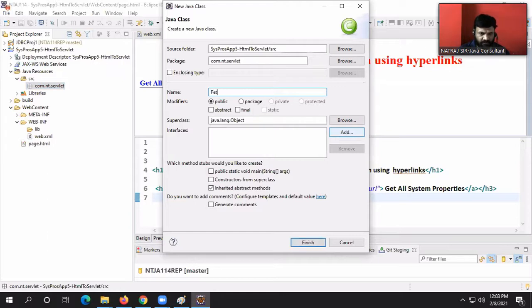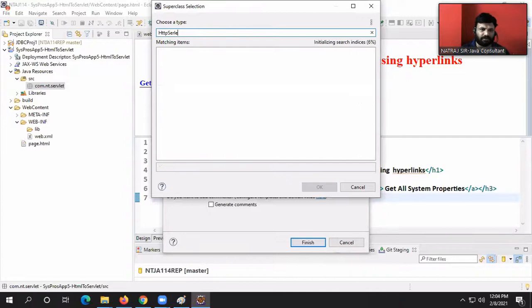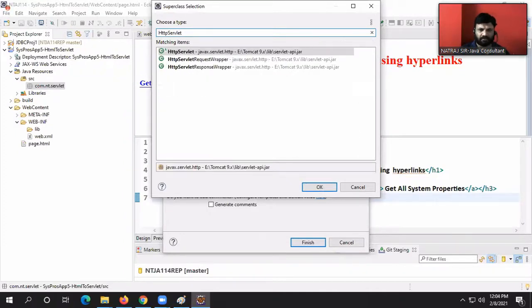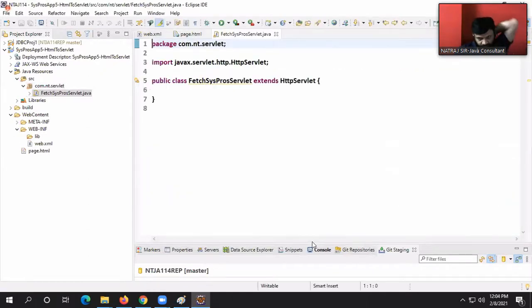Tell me, guys, FetchSysPropsServlet. What is the super class? HttpServlet, guys. The super class that I want to take is HttpServlet.